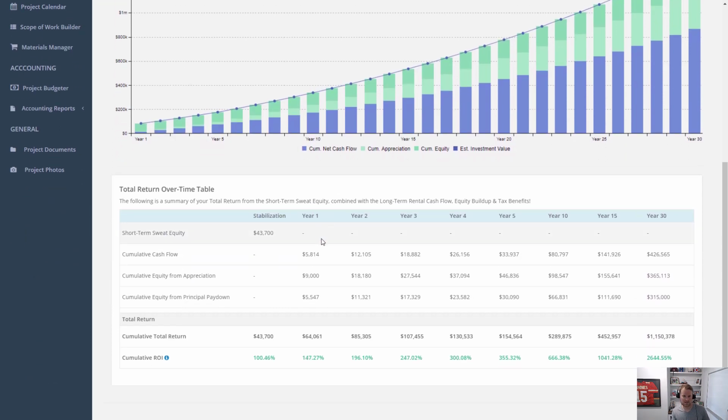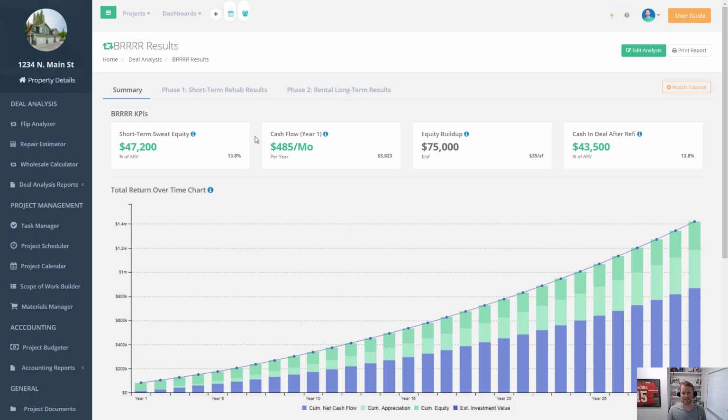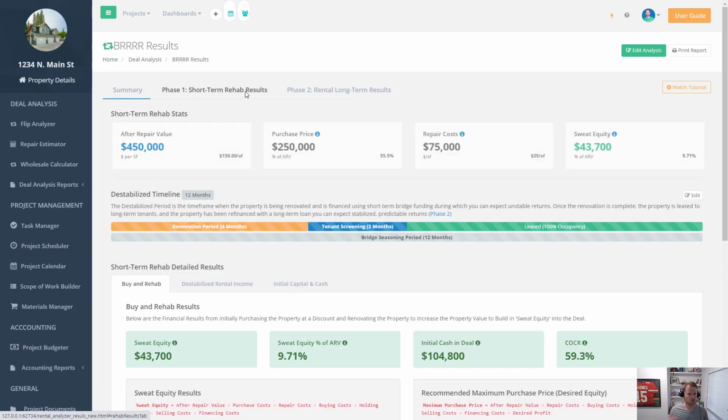Got a table here that just shows your cumulative cash flow, equity from appreciation and from principal paydown, and what that total return would be on a yearly basis. That way you can see what your total return on the dollar amount invested is going to be on the property. And then ultimately, if you really want to dive deeper into what the short-term rehab results